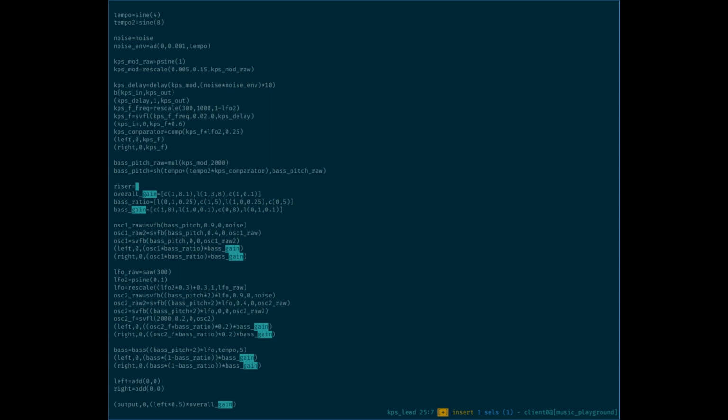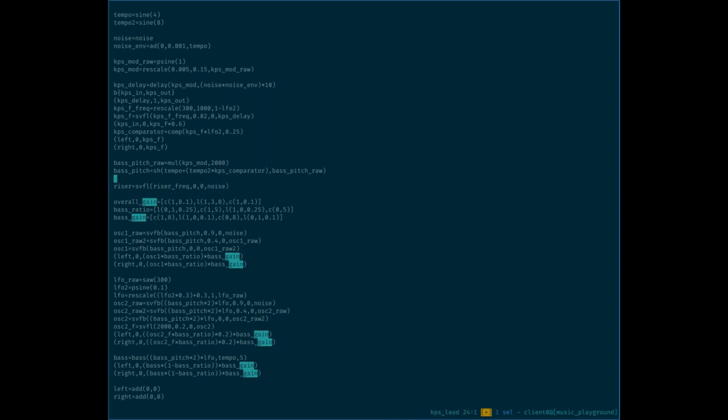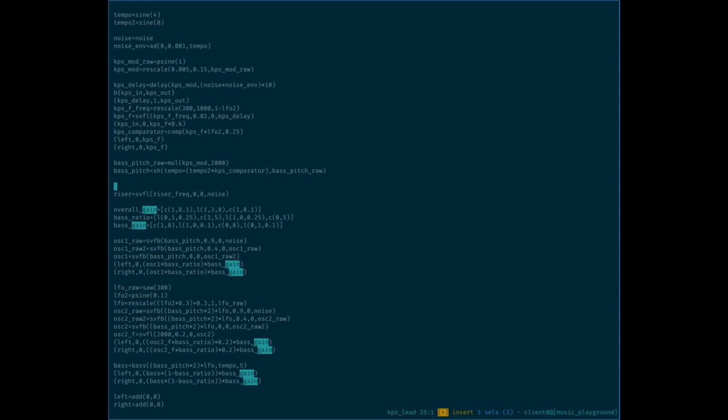And I have a noise source already. I'm going to use a low pass filter for this. And it's going to take its frequency from another automation, which doesn't exist yet. Start with a non-resident and non-driven. And then the input's going to be my noise source. Okay. So the frequency is going to be